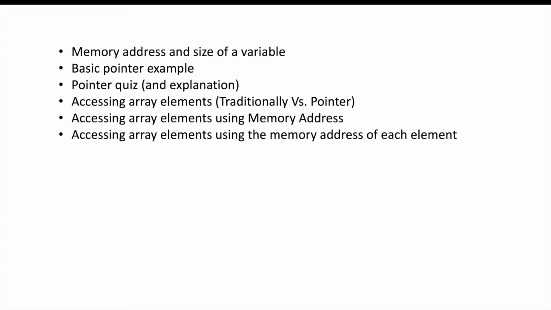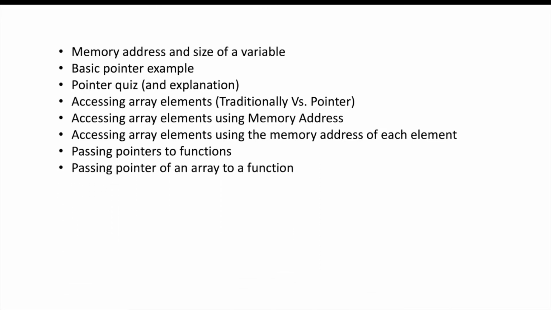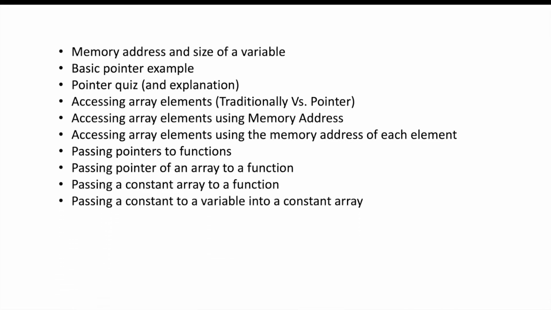So there are 4 ways to access the elements of an array, and we're going to look into all 4 ways of doing that. We're going to be passing pointers to functions, passing a pointer of an array into a function, passing a constant array to a function, passing a constant variable into a constant array, dynamically allocating memory, which is very important because, when you're doing programs that require a lot of memory, it's important to be able to